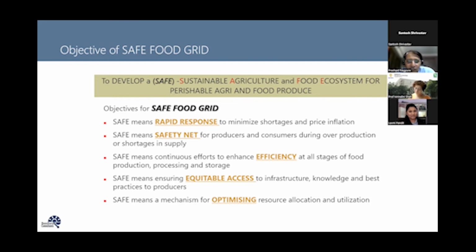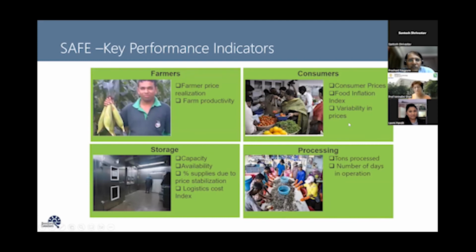And of course, the last one, which was critical from our study perspective: how do you really optimize the resource allocation and utilization? Some of the key parameters or performance indicators that we felt were necessary for this kind of study were, first, what kind of price realization the farmers would receive, and if we implement the proposals put forward through this study, does it impact farm productivity with better information availability? For consumers, of course, the impact in terms of prices, the inflation index,